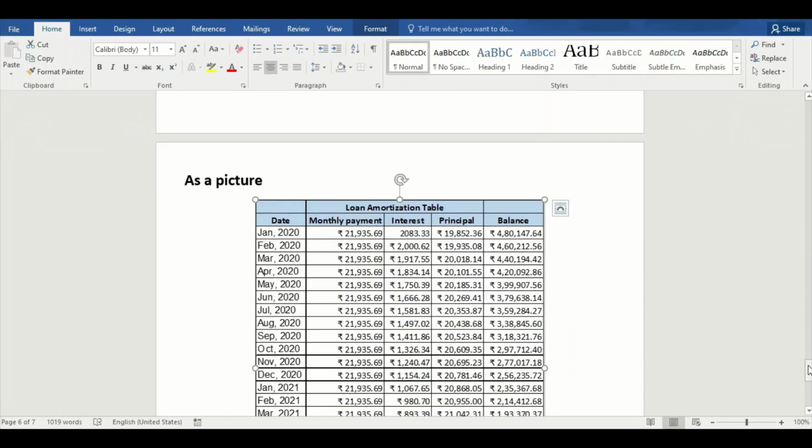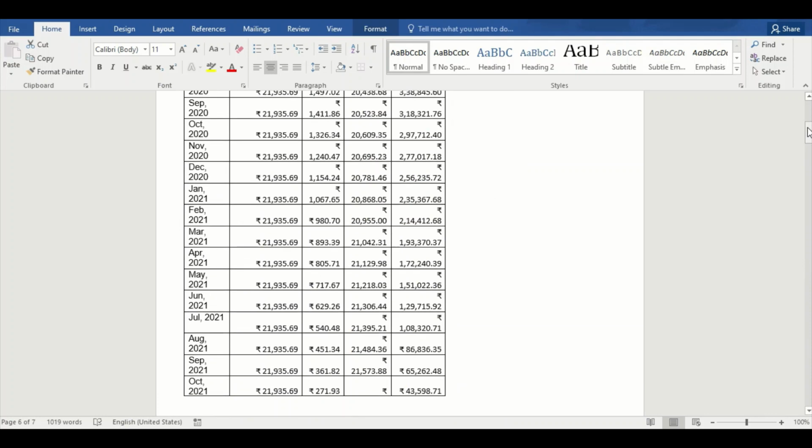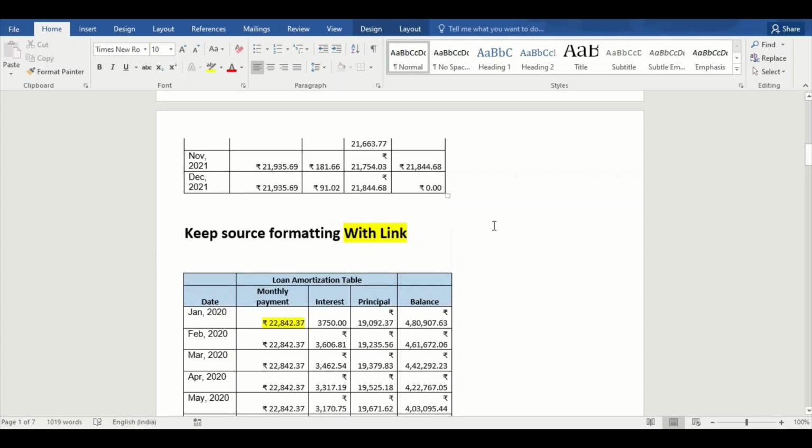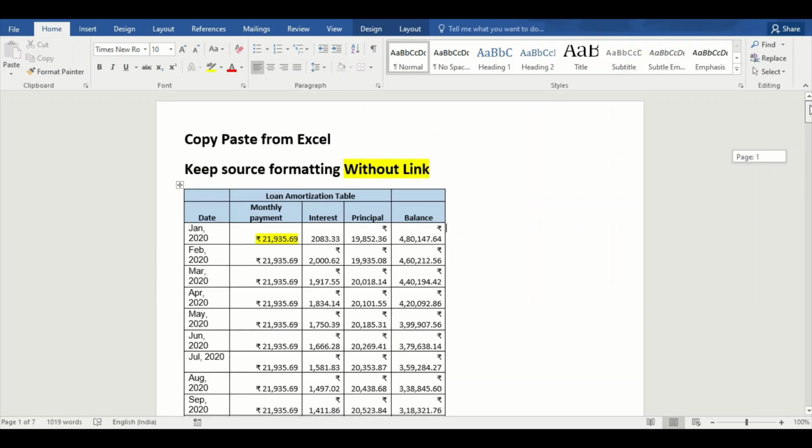And these are all the options that were available for the paste options in Excel. And this is very useful because whenever you are pasting tables, it makes your work easier if you choose the correct option, whether you want to link it to your Excel file or you do not want to link it to your Excel file, whether you want the formatting of Excel to appear or you do not want the formatting of Excel to appear, when copy pasting tables from Excel to Word.